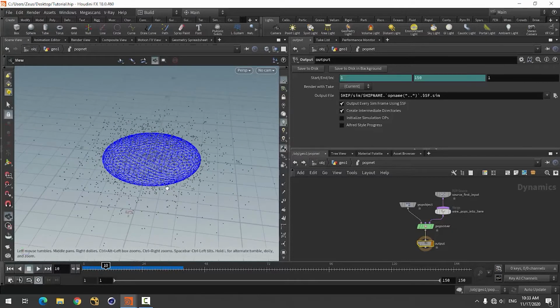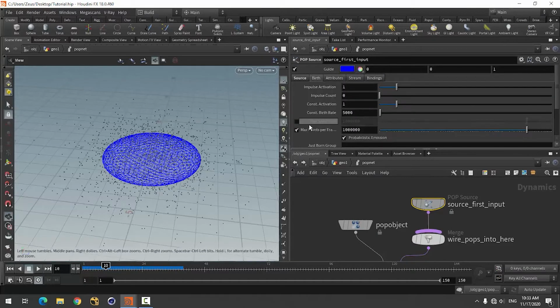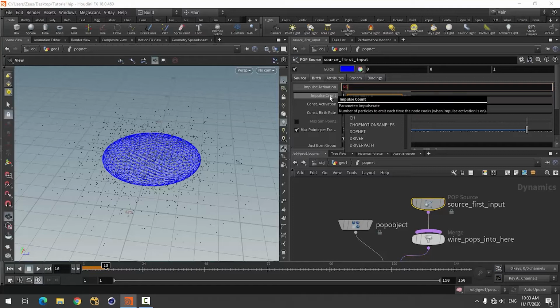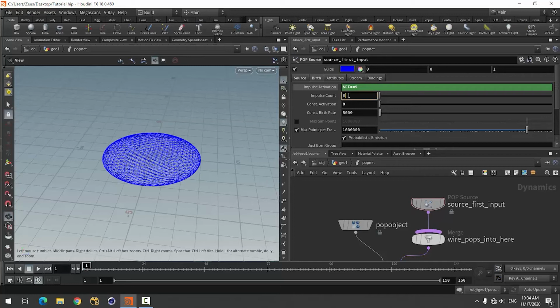So we will only emit at 10 frames. So if we go to source, birth, I'm going to use this impulse count. So dollar FF equal to, I think 9. So it will activate only for 9th frame,